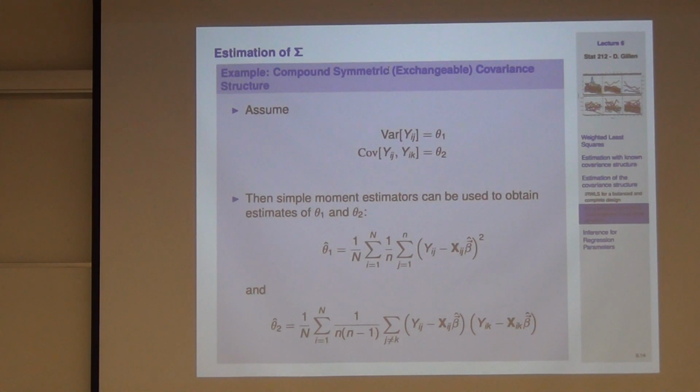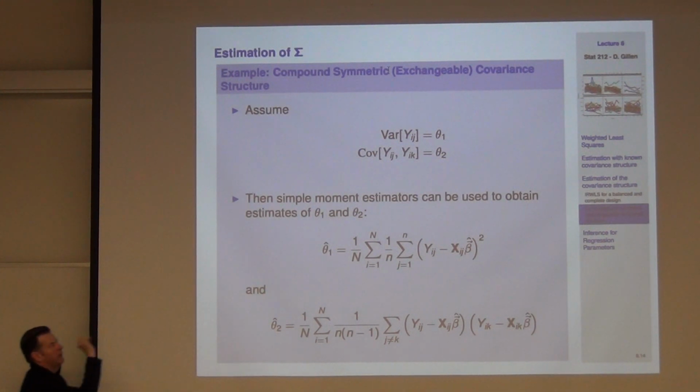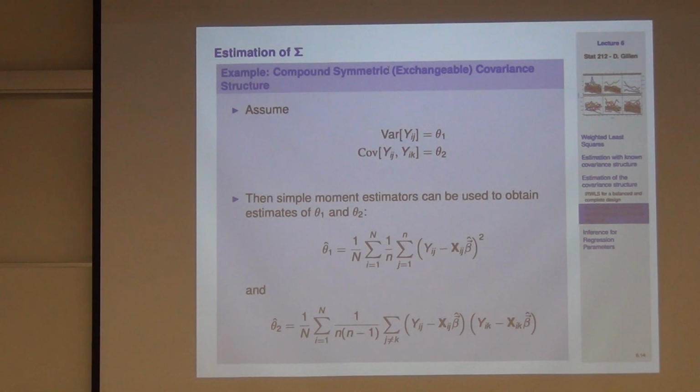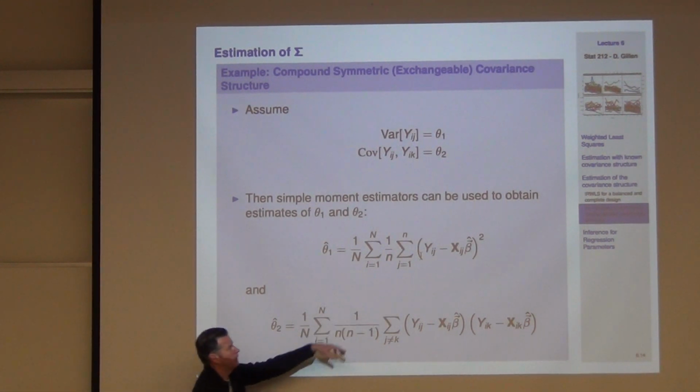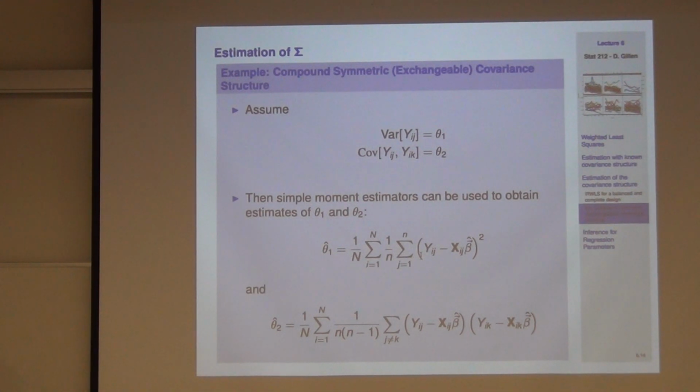Okay. Good. So now, if I'm willing to make that simplistic assumption about what the variance covariance structure is, and I want to do the same procedure, I've got to come up with simple moment-based estimators for theta 1 and theta 2, okay? So perhaps, and here I'm going to assume that I've got little n being constant. We can allow this to vary, and we will allow this to depend upon i later, but from a notation standpoint, it's easier in the balanced and complete case.